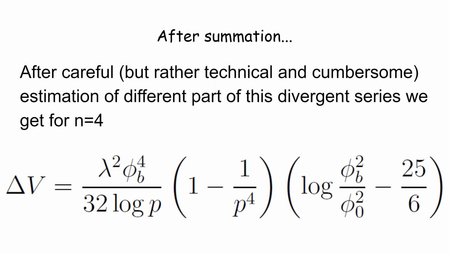And it is really technical and not instructive, but it can be done, and we can obtain that the effective potential for four-dimensional field theory mimics something very similar to real valued potential. So this is the part which was present in real valued fields, and this is a part log p, and these are coming from the structure of the space, and p being prime.